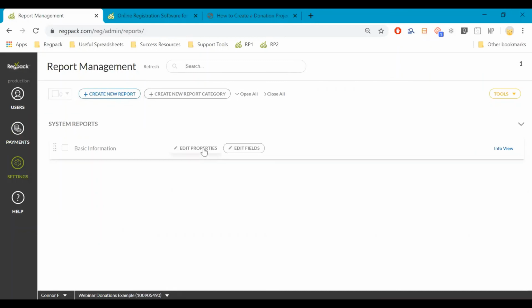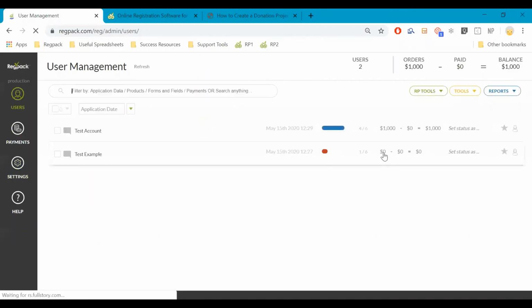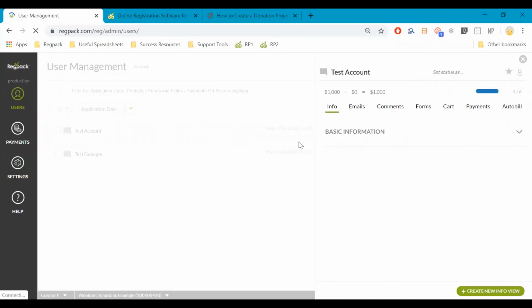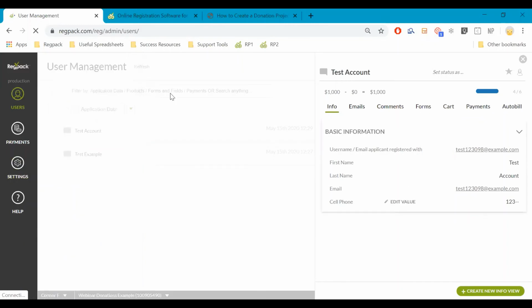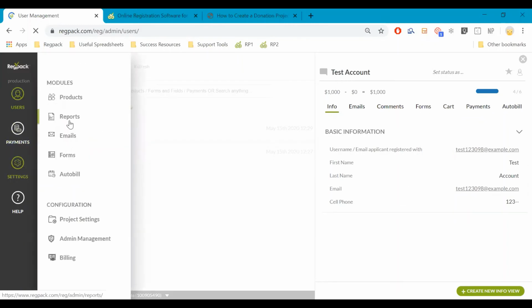You're by default going to get this basic information report, which you can see what fields are in there by clicking on the info view, or on the report editor, it'll give you a list of all these fields that we've gone into. But if you wanted to get more reporting, for example, adding things like what auto bill plan they're on, or the payments that they've made, or other basic information like mailing address, you'd be able to go